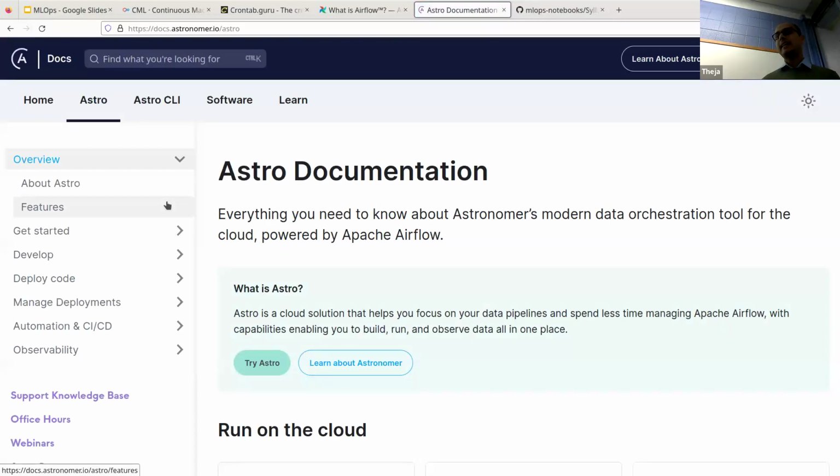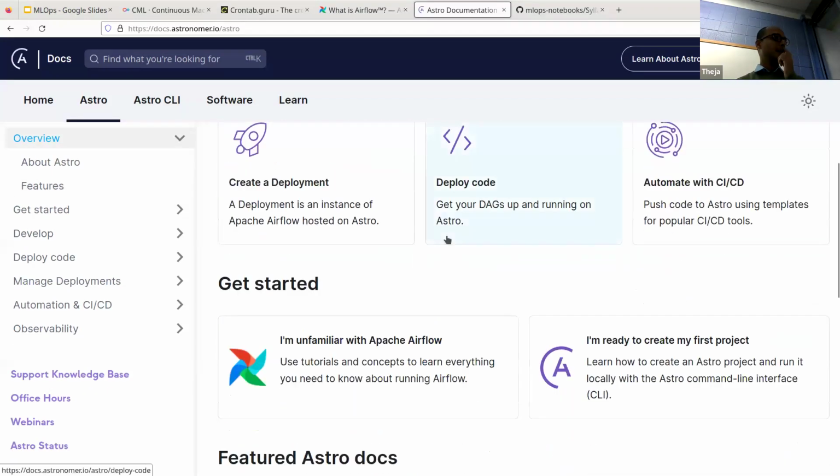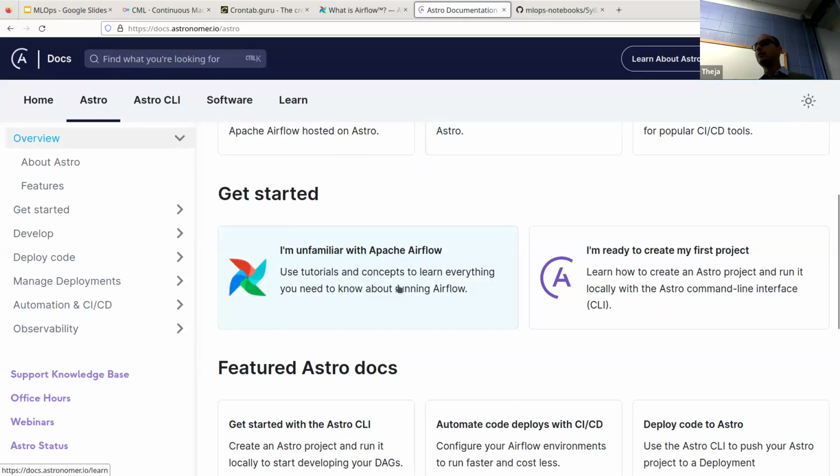So this is exactly Airflow, except this vendor provides a managed service for Airflow. So let's actually go through their quick start tutorial. They have very interesting documentation, nicely laid out. If you don't know anything about Airflow, they'll talk about what Airflow is and what use cases it has, not exactly the same, but said in their words.